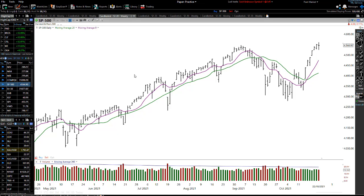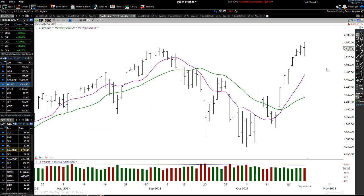So let's actually look at the S&P 500 here. The first thing I really want to bring your attention to is the big mistake that a lot of traders make: firstly, they look at the market as very short term. They look at this last up bar through here, right? And looking at the market where we are right now is good for the very short term. But if we're trying to get an overall picture of what's going on, what I like to do is